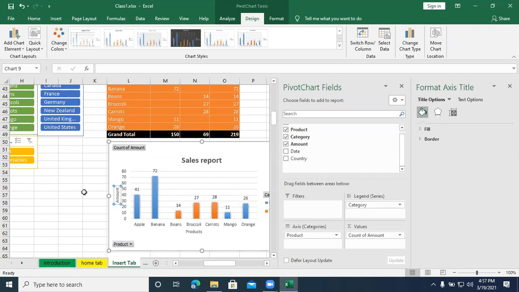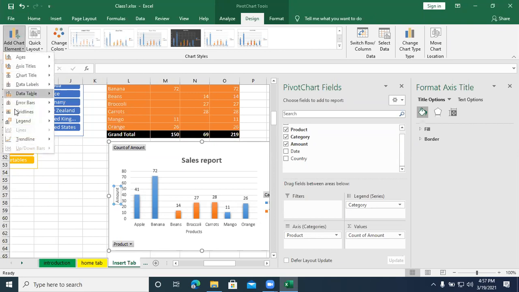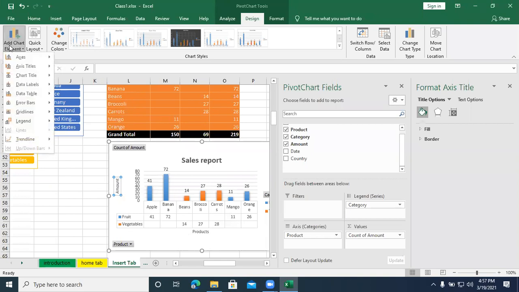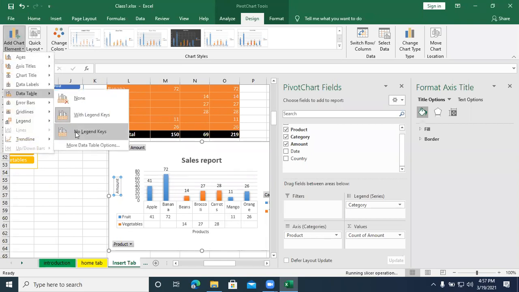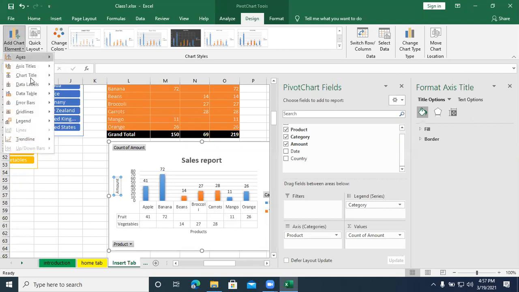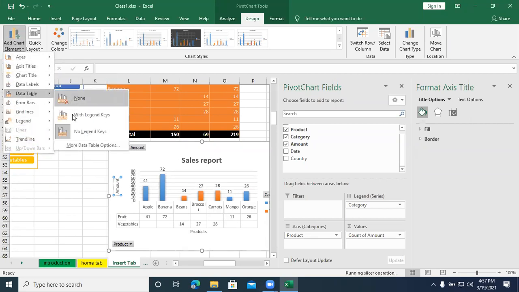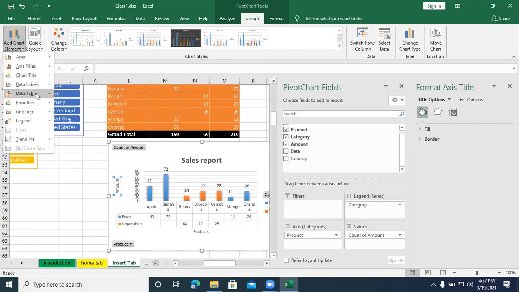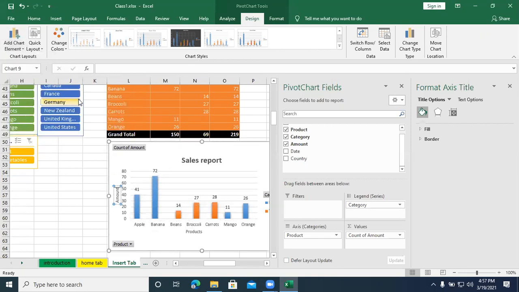As a table, it will display below the chart. Data table with legend keys. This is the data table. So without legend keys. If you don't want it, remove. None.